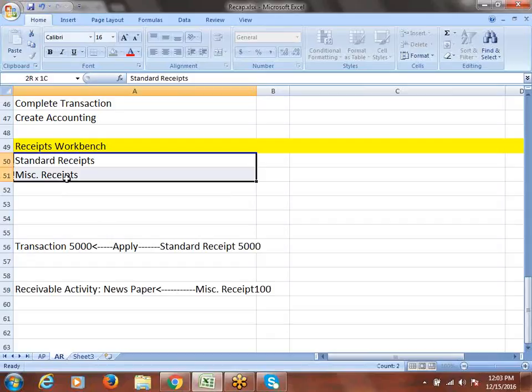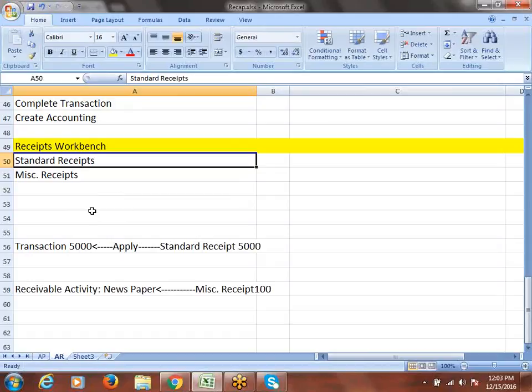So that's it. We have two types of receipts, standard receipt and miscellaneous receipt. In case of standard receipt, when you get the payment from our business customer, that payment will be recorded as a standard receipt. In case of standard receipt, definitely there should be some transaction. The standard receipt will apply on the transaction. If you get any miscellaneous revenue from any source, we'll create the miscellaneous receipt, and the miscellaneous receipt will apply on a receivable activity. You don't need to apply any transaction. If you have a transaction, create this. You don't have any transaction,